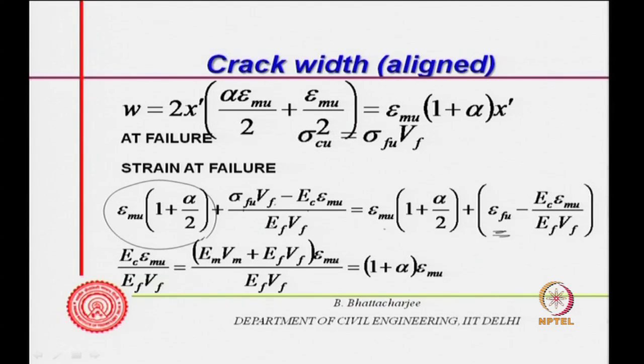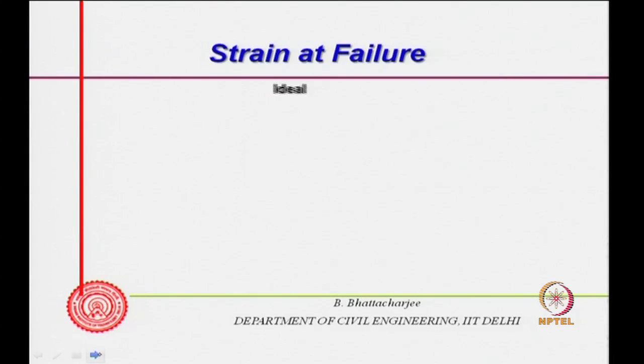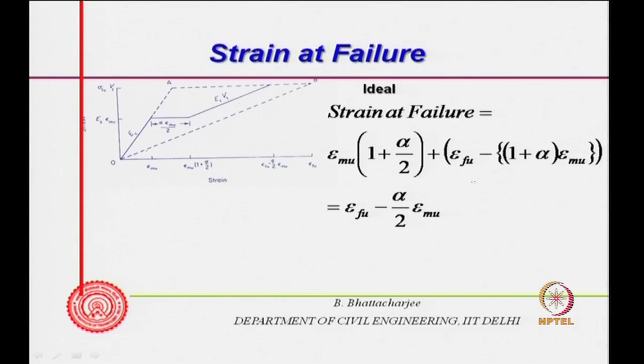So, Ec by Ef Vf, this term will be simply Em Vm plus Ef Vf into epsilon mu, replacing Ec by this, and this will again give you 1 plus alpha epsilon mu. So, these two terms put together, I get the